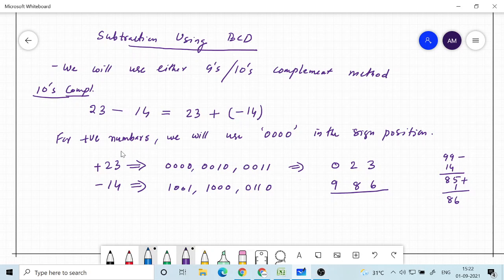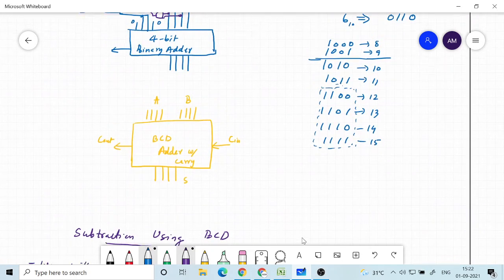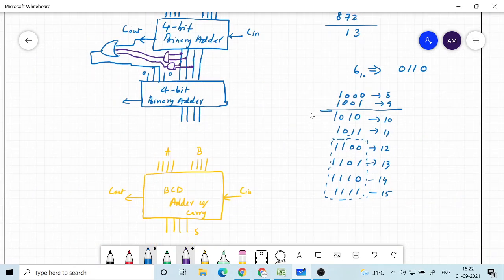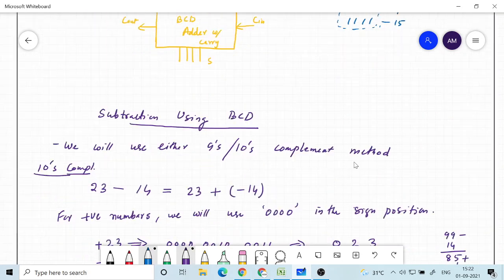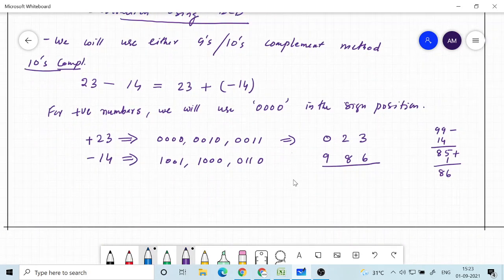Now, just like the earlier implementation, everything is the same. The only difference is that we use this sign digit and the tens complement representation. In tens complement representation it is 86, and we put the sign digit as 9.